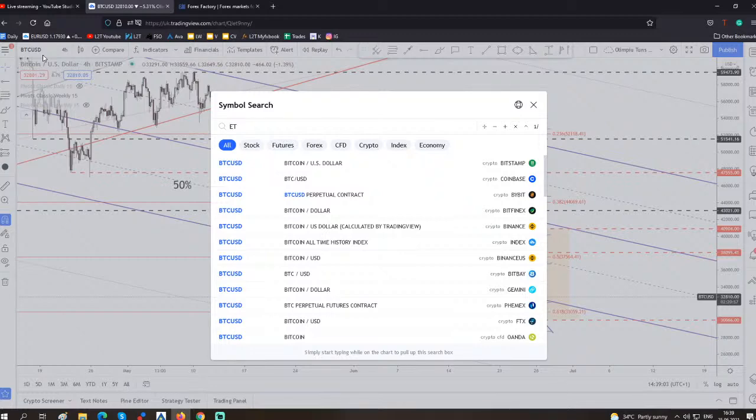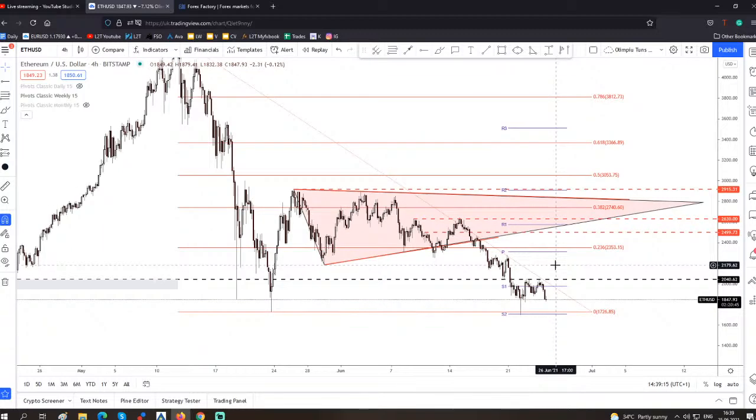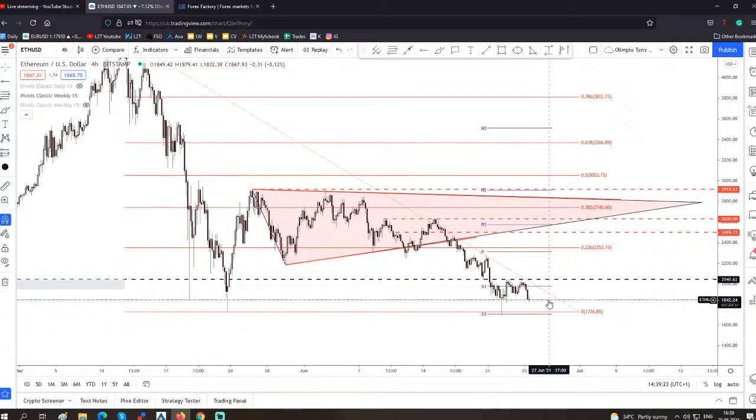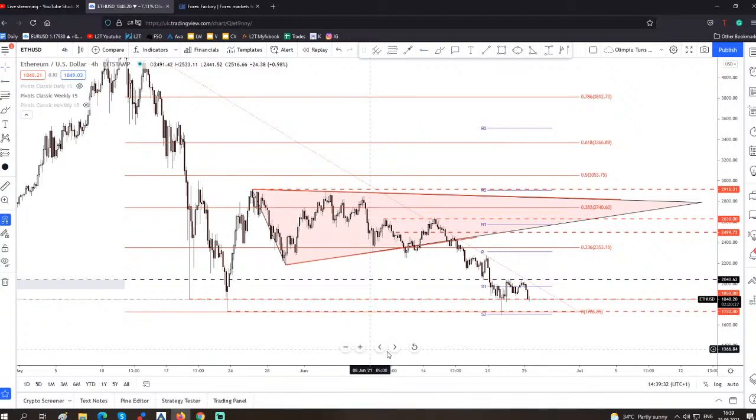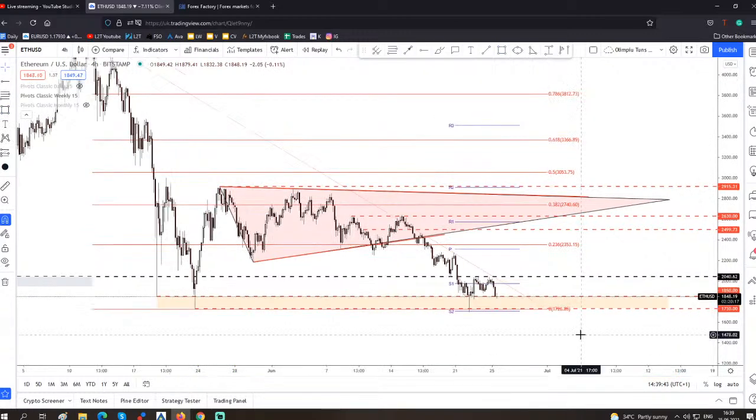Ethereum. Let's take a look at Ethereum. The same drop here. You can use this correlation: when the price of Bitcoin drops, maybe you don't want to be long on Ethereum. So right now, maybe the price will come back to retest again these support levels, the support area, the support zone, before jumping higher. So here in Ethereum we are at support,